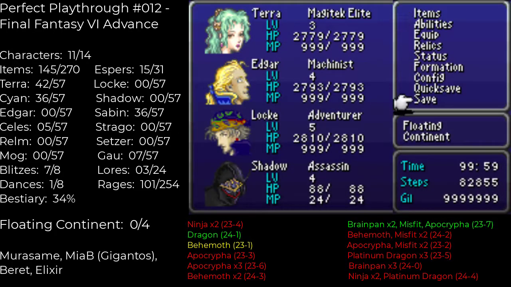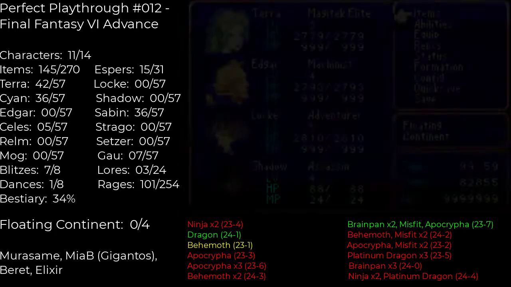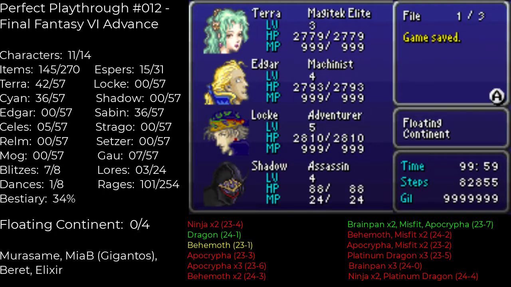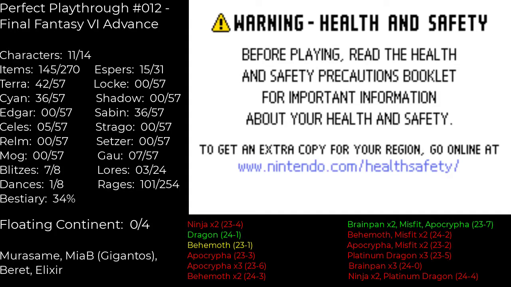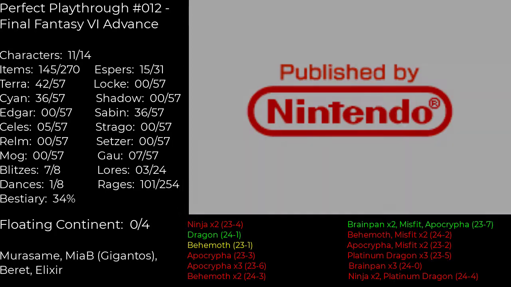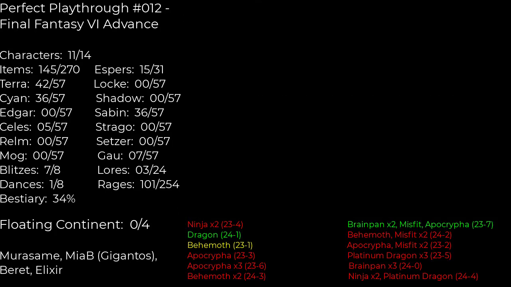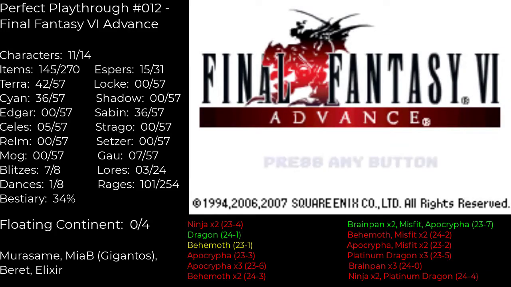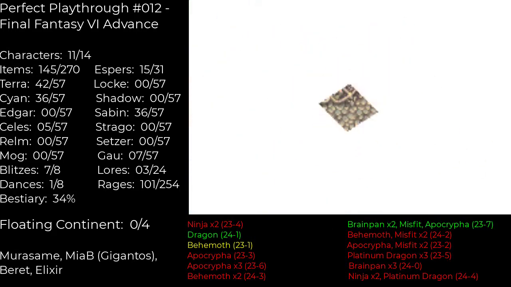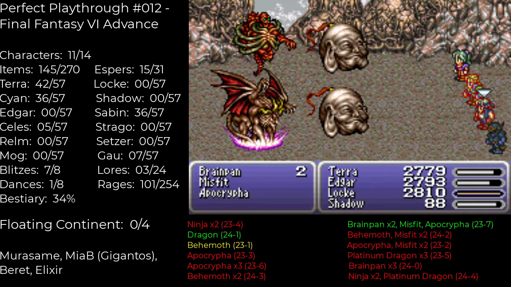Alright. Emergency save and reset, just in case. Oh yeah, I reformatted the item. So yeah, I'm resetting the levels, just in case. And I actually checked the floating continent's encounters and how they worked. And,